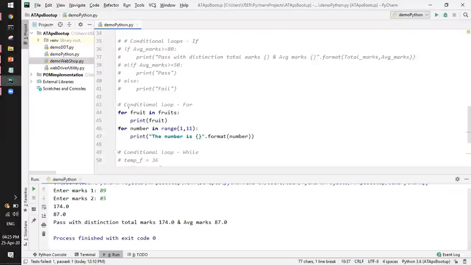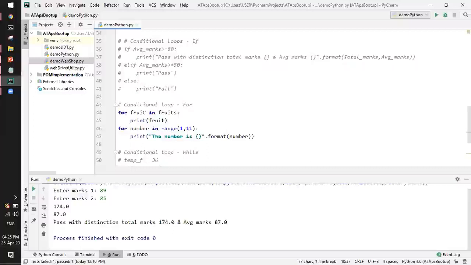In Java we have something like for i equal to something, which we are not using so much in Python, because every time an individual element is considered from the list or range or anything.